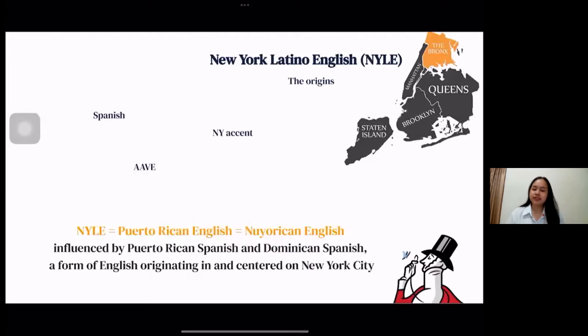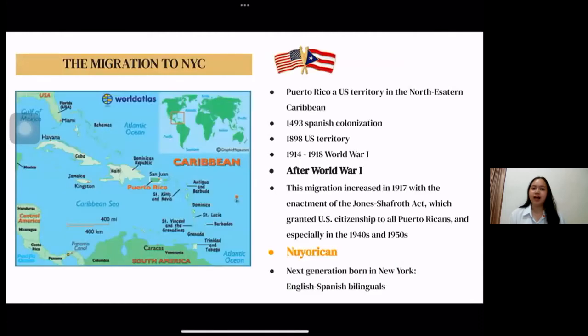New York Latino English, or as we know it, Puerto Rican English and Nuyorican English, is influenced by Puerto Rican Spanish and Dominican Spanish, which have some structures and features like the New York accent that we have learned in this course, and it originated in New York City. Yes, so we will see how this